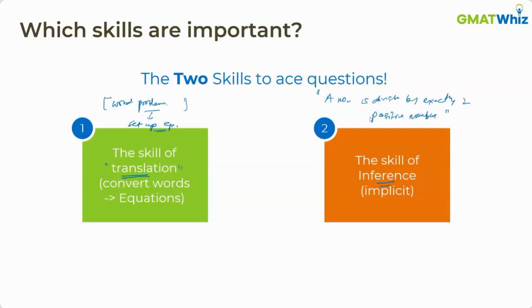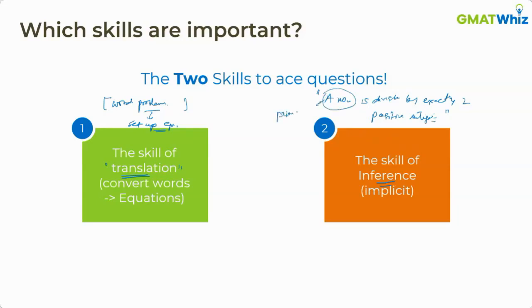A number is divisible by exactly two positive numbers. What kind of inference would we draw? Okay, correct. Exactly. So this is what I know. Prime numbers, Deepak, you're correct. So if a number is divisible by exactly two positive integers, in fact, I should not write numbers, I should be saying two positive integers, then that would basically mean that the number that we are talking about is a prime number.